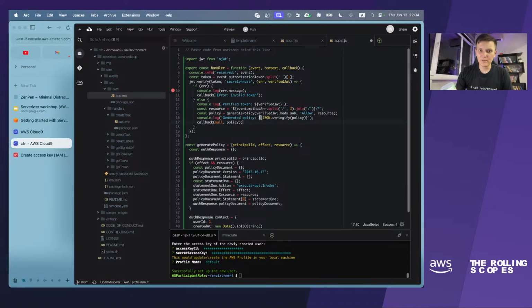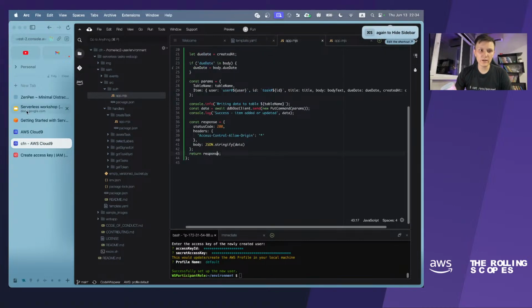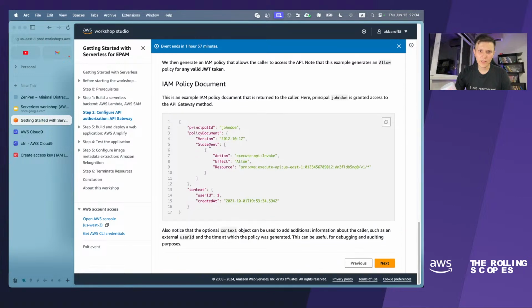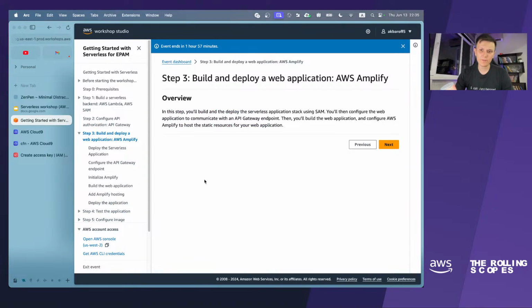Okay, yeah, so we generated the policy, and then we invoke the callback, which is provided here. So the callback will redirect the request to the Lambda. Actually, we have to save it, and yeah, here is the example of the policy document which is created by this authorization Lambda. So basically we will allow the user to invoke the function. That's it. Let's go to the next step.